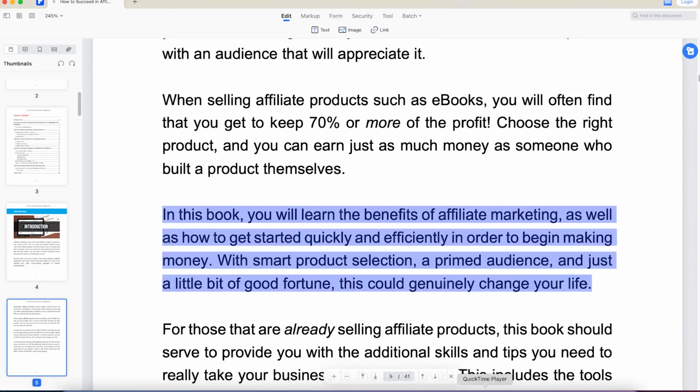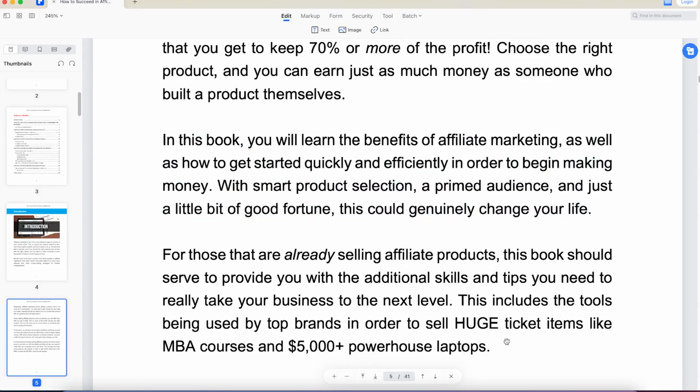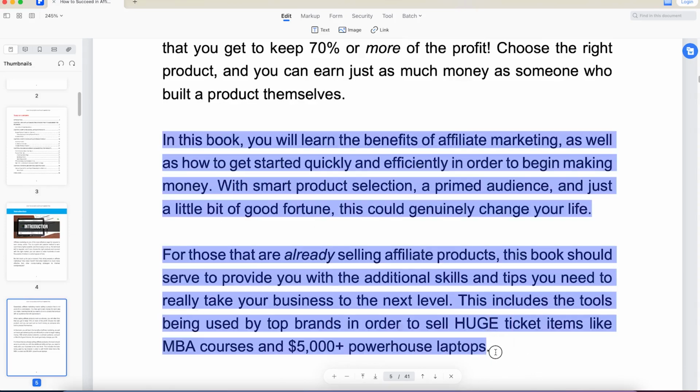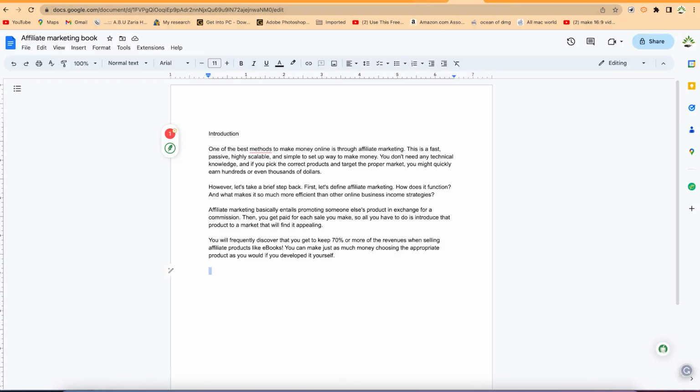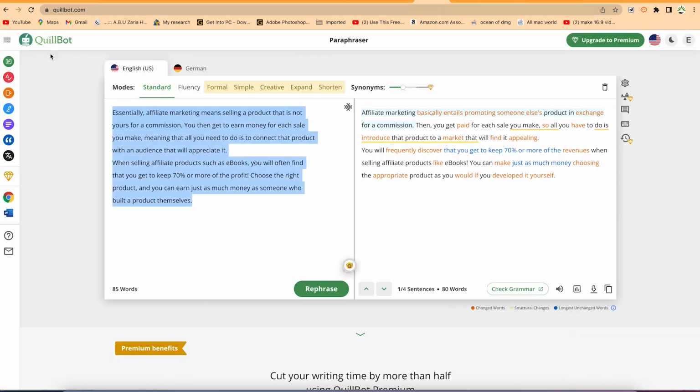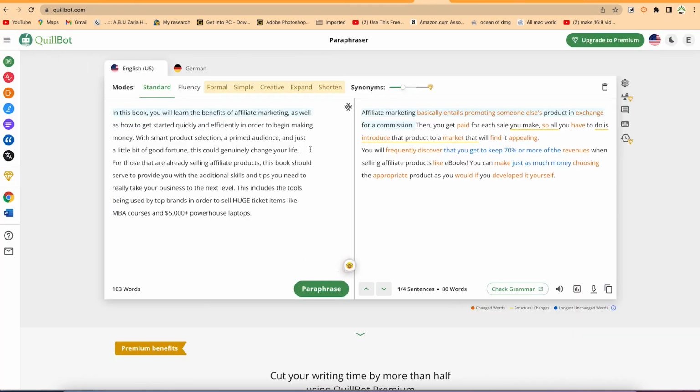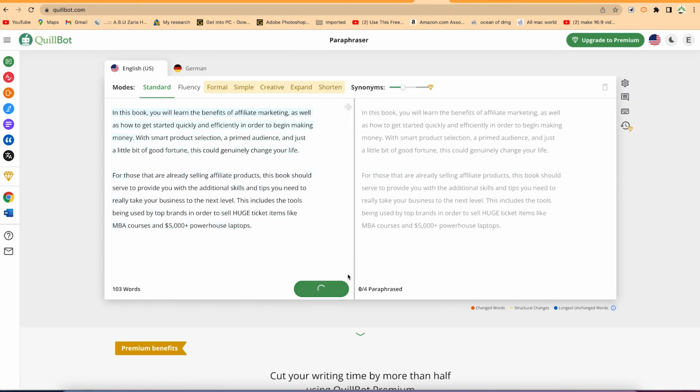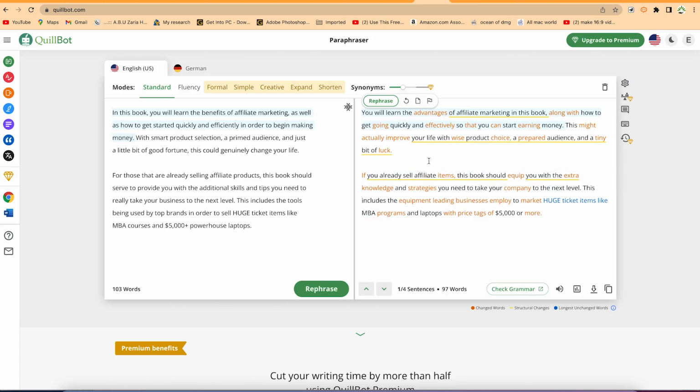Let's say we copy the entire two paragraphs to make it faster. You can copy, go back to your Quillbot, select everything and paste. Just separate them, because these are two paragraphs. Then you can paraphrase, and it's going to give you the results in two paragraphs. Just like so. You can go ahead and copy, because over time you begin to trust it. You can read it if you want, and reread and see how you can correct it.